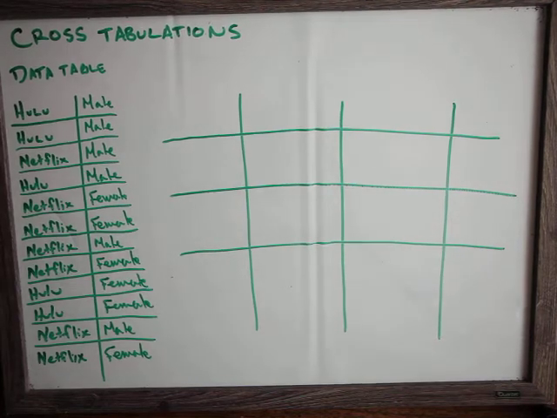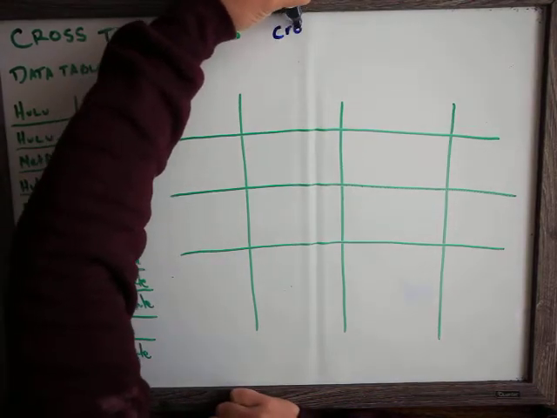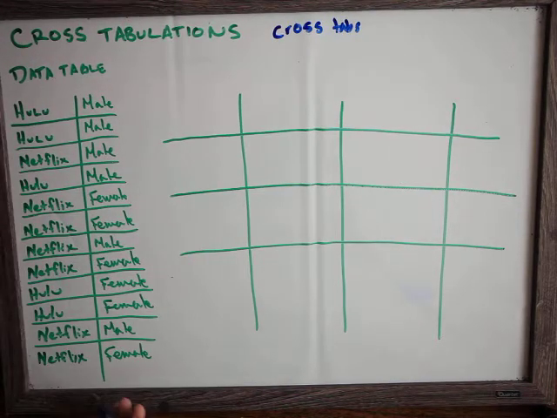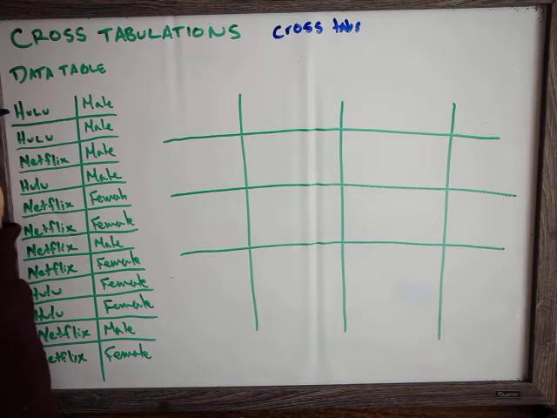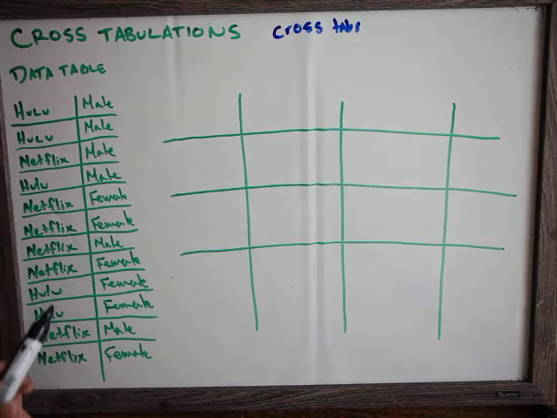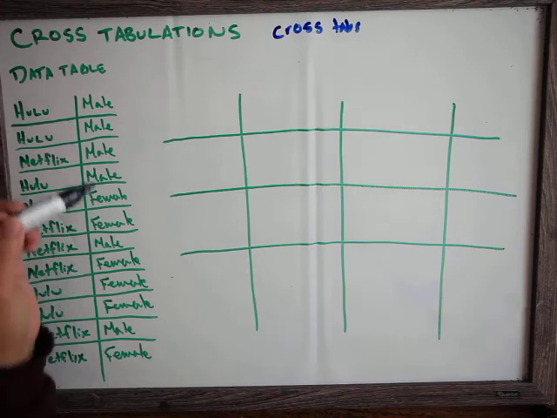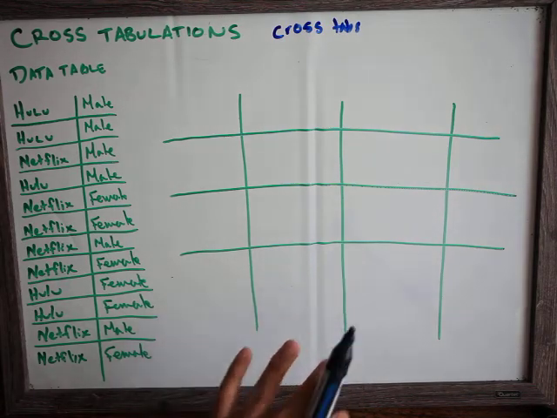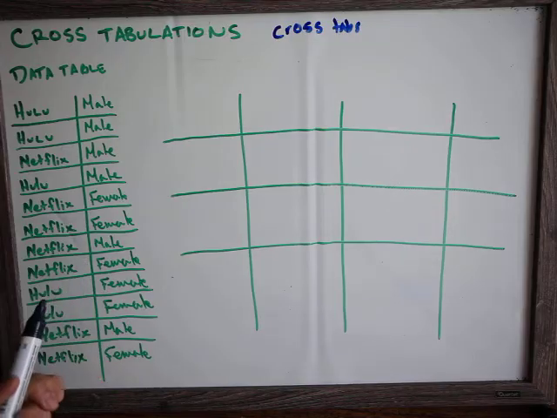In this video, we're going to discuss cross tabulations, or crosstabs for short. Crosstabs organize two variables into one frequency table. So here we have a data table where each row is one person, and we know two pieces of information about each of these people: their preference for Hulu or Netflix, and if they are male or female. Our crosstab is going to tell us how many of each category